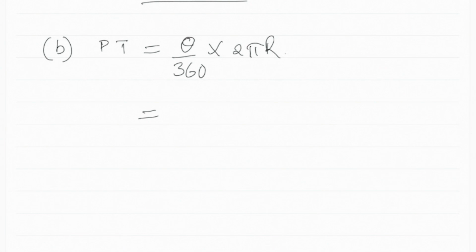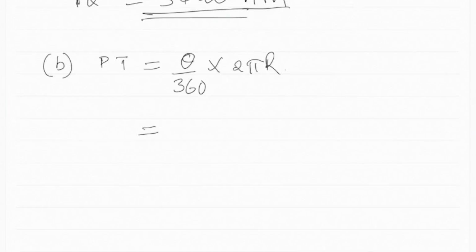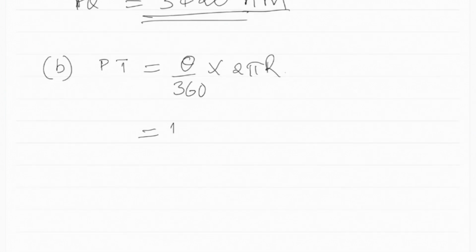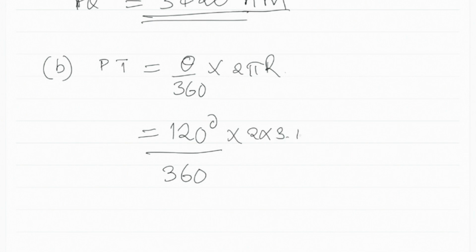So what are we saying? We are going to replace here, because when you look at P and T, our theta there is going to give us 120 degrees, everything over 360, then you multiply it by 2 times 3.142, if you're able to follow there, and times